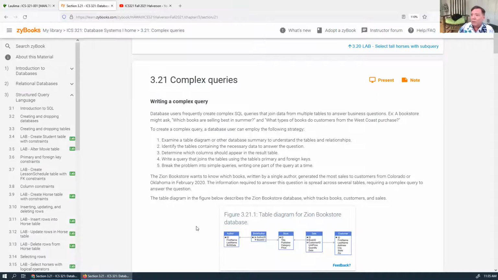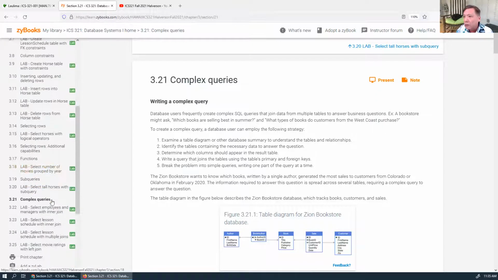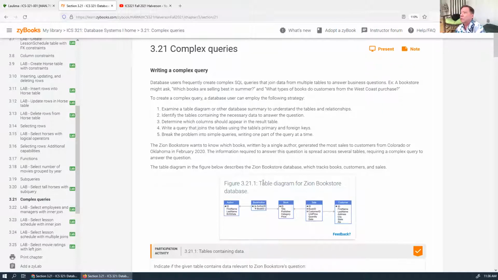So that is subqueries. With complex queries, you skip all that, and you just join all the tables together, and by defining your projection, or selecting which columns you want to display, you're able to figure out the same kind of things. You're able to answer the same kind of questions. So in this example here,